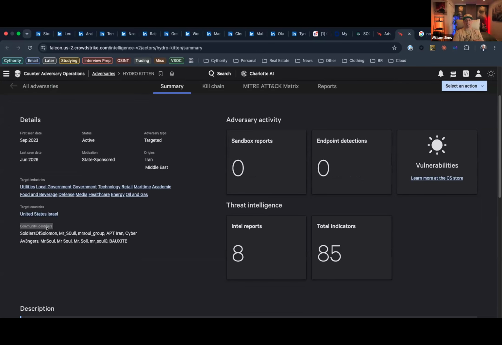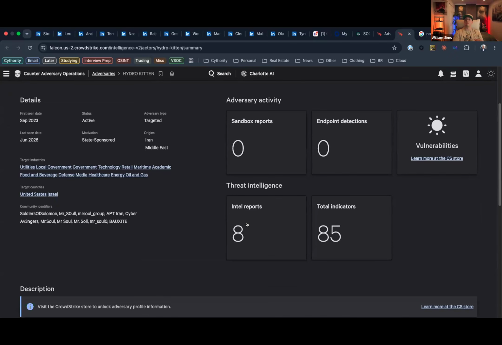Those of you who don't know what that is, that's an alias or a nickname. So if your name is Richard and you go by John, or if my name is Michael and you go by Mike, that's an alias or a community identifier. It's just a nickname. So they have all these different community identifiers right there. And then there's even some intel reports, and probably the most important module here is the total indicators, which are